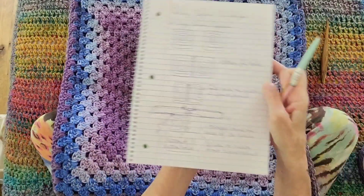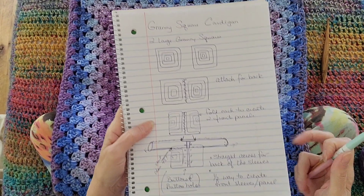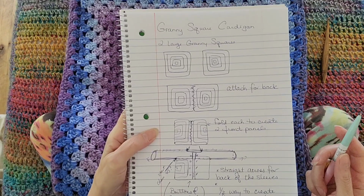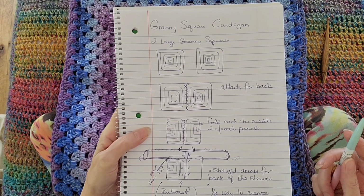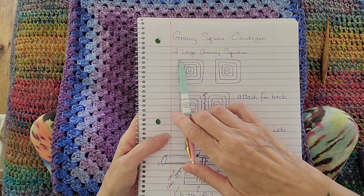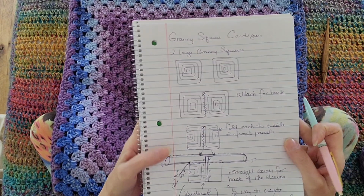Okay, so what I've been doing, let me see if I can get you in here. This is how I design stuff. If this is your first unconventional tutorial, this is what this is all about. I just kind of show you how I figured these things out, so you kind of wing it with me. All right, so I made 2 large granny squares. And then what I'm going to do,